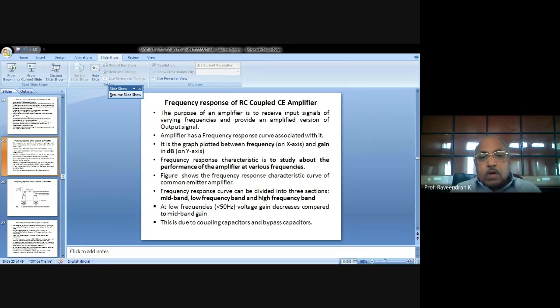Now, how is the public address system actually represented? A typical representation of a public address system is given here. This is the block schematic diagram of a simple public address system. Of course, for the purpose of explanation, you need to draw this figure. You have to draw this figure by heart.